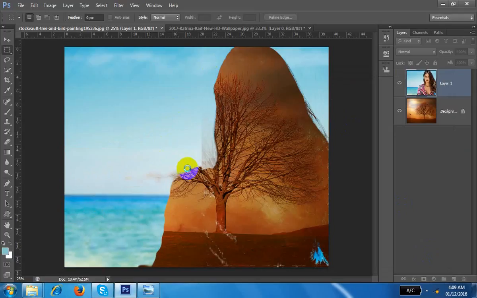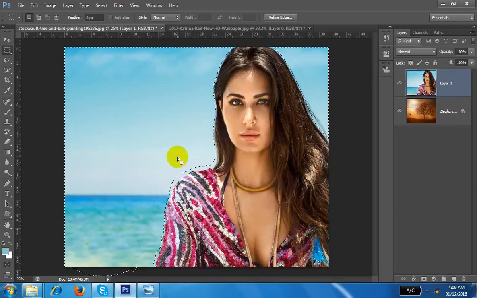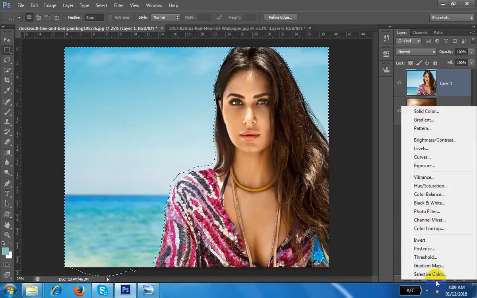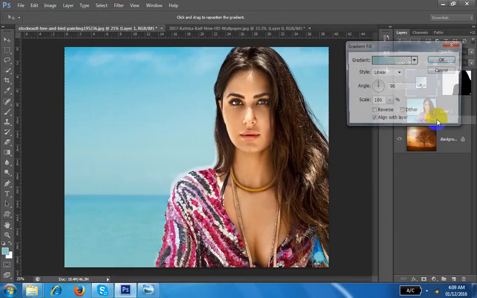After that you can find this image. Automatically it will come like this. I want to change this background. Okay, after changing the background, you can also do it from your side. Go to this panel, this down side. Okay, create new fill adjustment layer and go to solid fill. You can go to gradient also, because there is gradient. I can fill a gradient. Okay, go to the gradient.